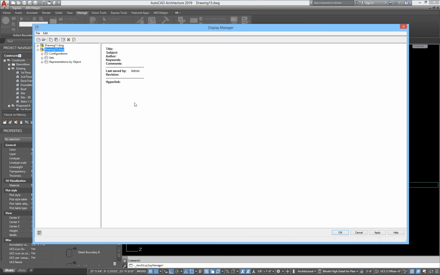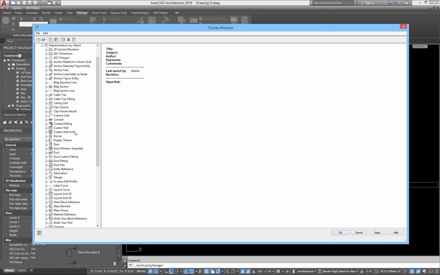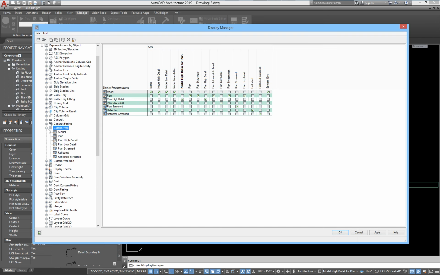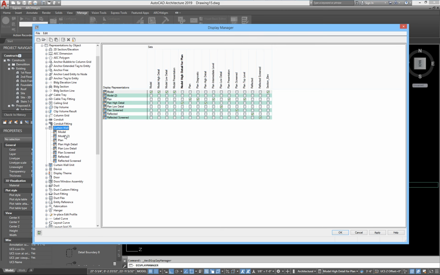So what we can do is go to the Display Manager, Representation by Object, go to Curtain Wall, and we can take the model display, do this drag and drop thing to make a copy, and rename that copy. So, model high detail for plan. All right, and then I'm going to match that up with this one here. Okay, and I'm going to undo the plan high detail for the curtain wall